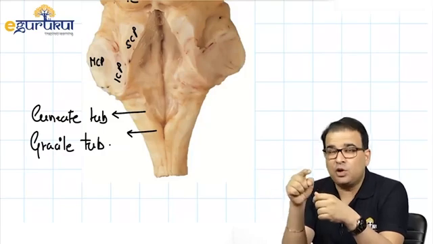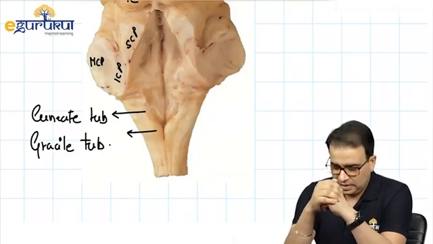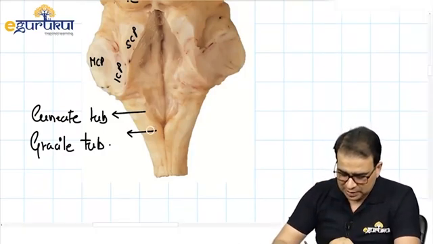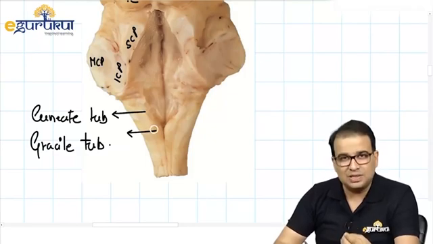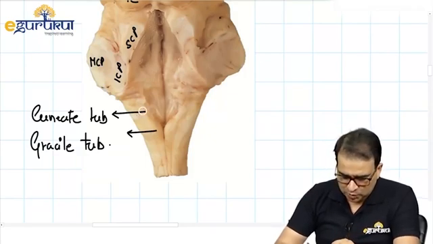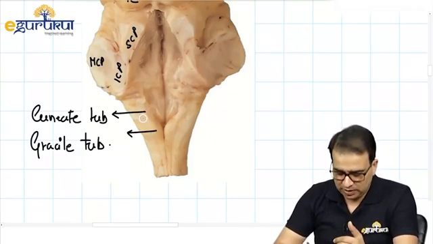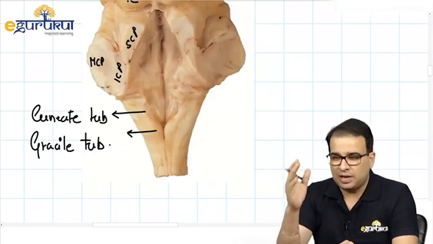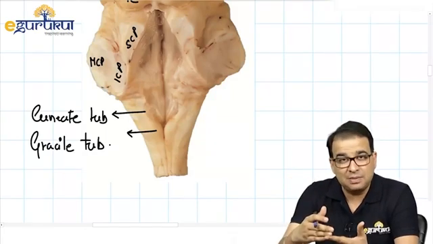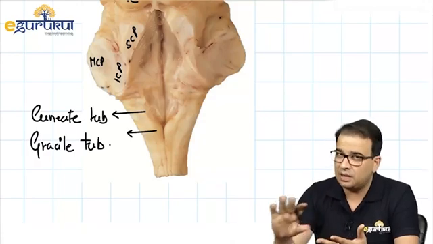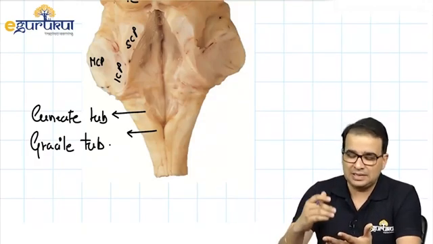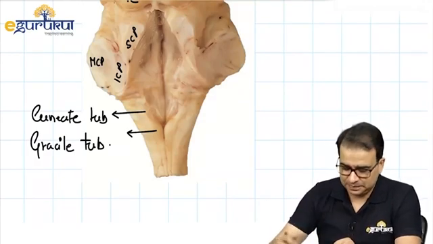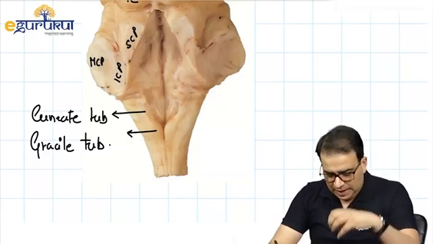From there, the second order neuron for the dorsal column tract will begin. So the gracile tubercle has the nucleus gracilis deep to it, and this cuneate tubercle has the nucleus cuneatus deep to it. They are also considered in the boundary of the fourth ventricle. So when it comes to the boundary of the fourth ventricle, it's the superior cerebellar peduncle, the inferior cerebellar peduncle, not the middle, and the two tubercles, the gracile tubercle and cuneate tubercle. Okay, now when we go,